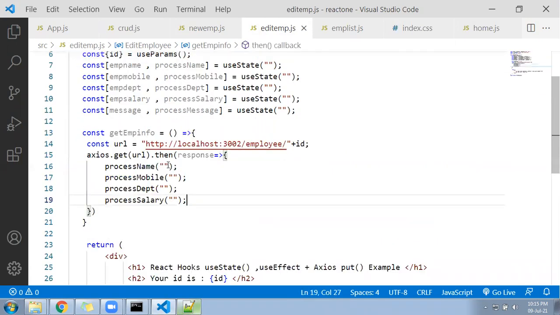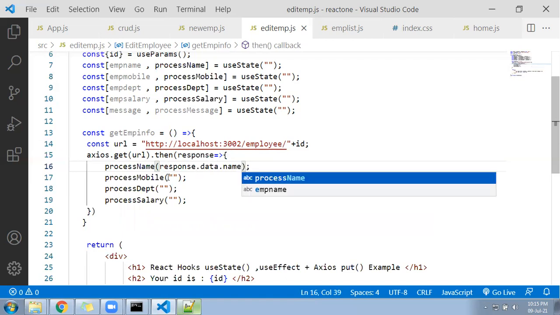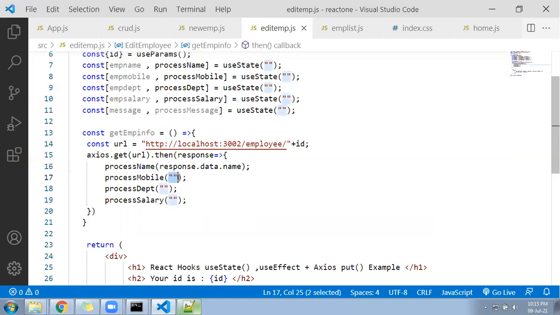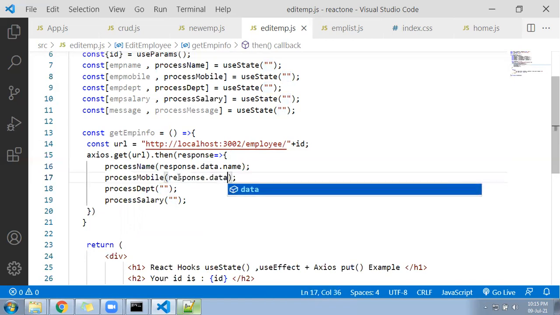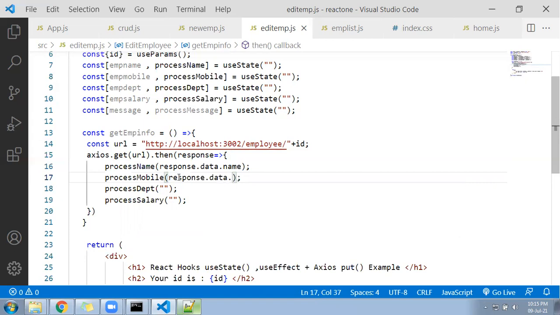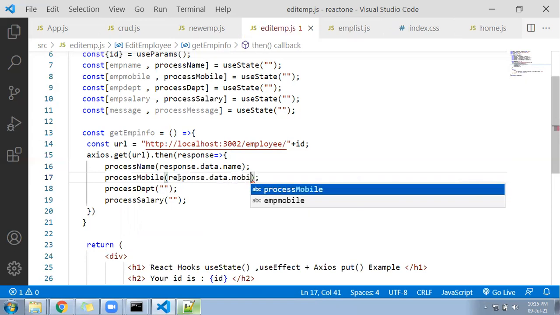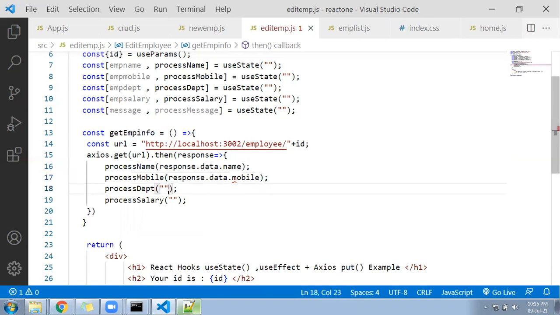And in this, we will be writing response.data.name. That is nothing but the employee name that is going to come from the JSON file. Response.data.mobile will give the mobile number. Here, response.data.department.